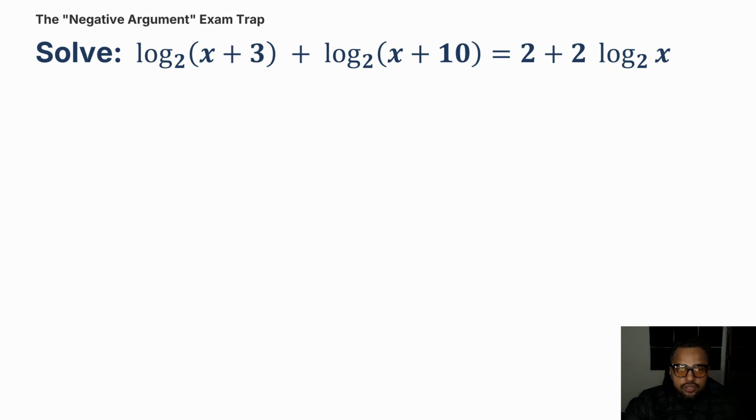Okay, student, so the next question which I have taken is a barrier for students because they face the negative argument as an exam trap. So the question here states that we need to solve log x plus 3 base 2 plus log x plus 10 base 2 equals 2 plus 2 log x base 2. In the left hand side, we can analyze that the base here is 2, so we will directly apply the product law. So we will write log of product law, so the argument will get multiplied here. So x plus 3, x plus 10, and the base will be 2 here, equals, now see this 2,